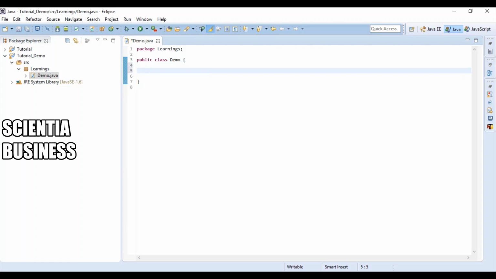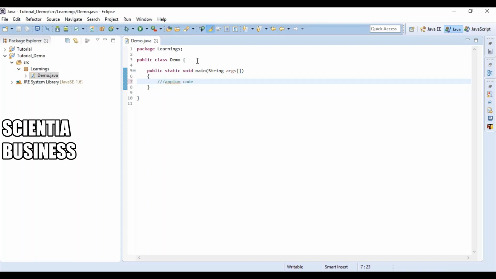So in order to start writing code, as we know, the first function which gets called whenever a class is invoked is the main function. I'm just creating a main function like this. And now whatever code we'll be writing, all the APM code will be written under this main function.